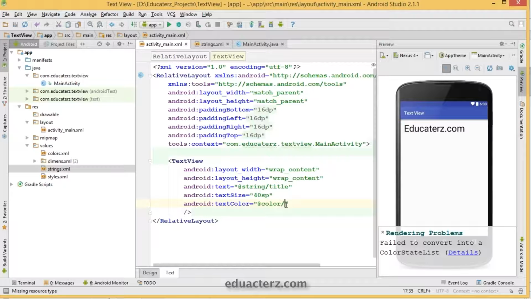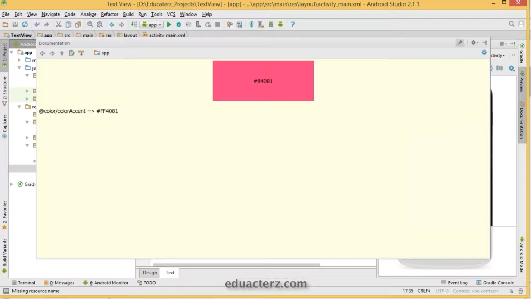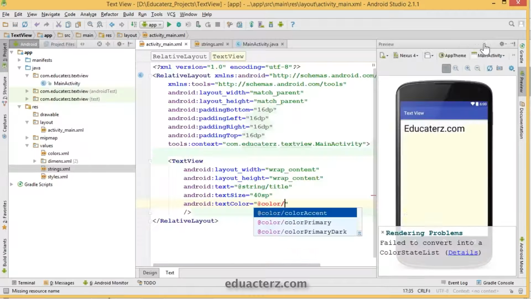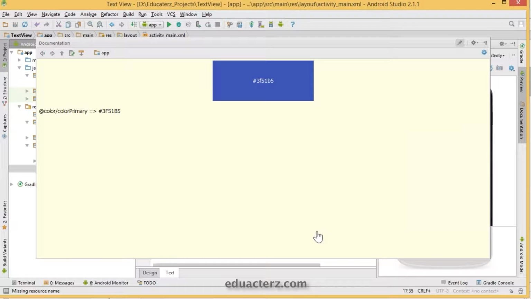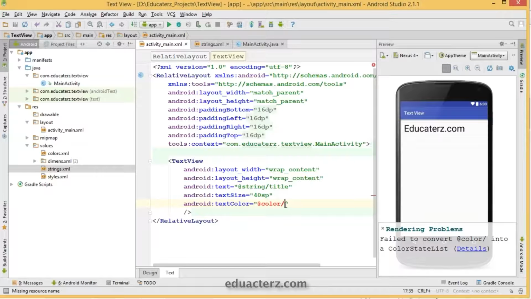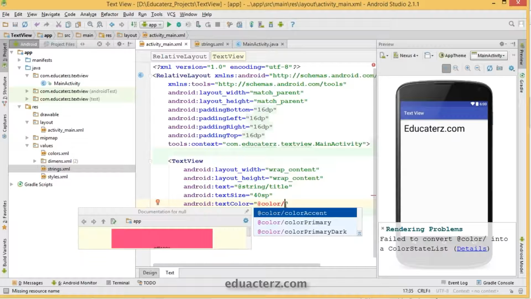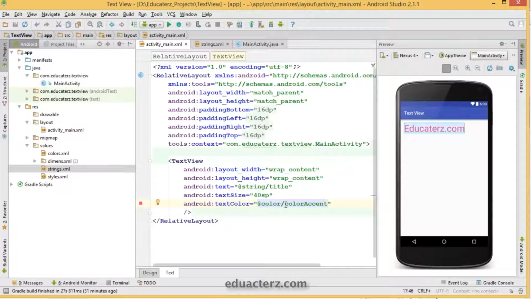So choose the default color. The basic colors are already available for us: color accent, color primary, and color primary dark. You can choose whatever you would like. Even we can take the default color codes available for us, or else you can add your RGB values as well. If you see, the text has been changed to this color accent.